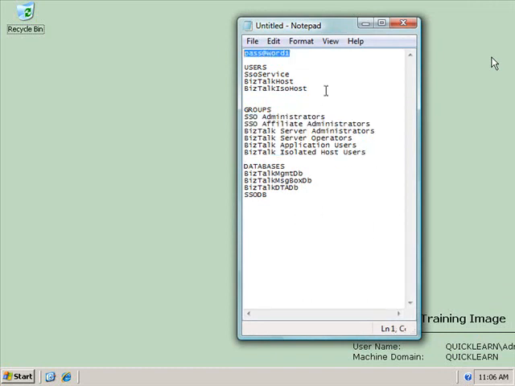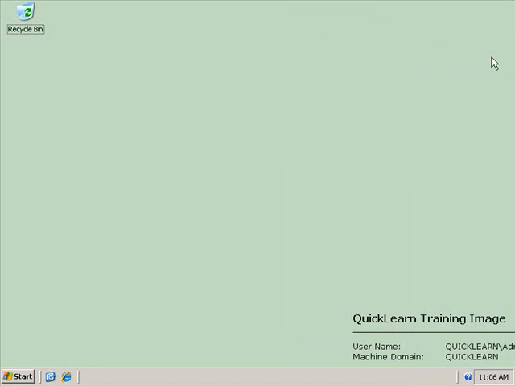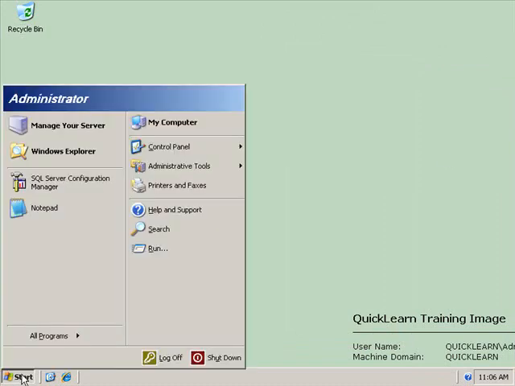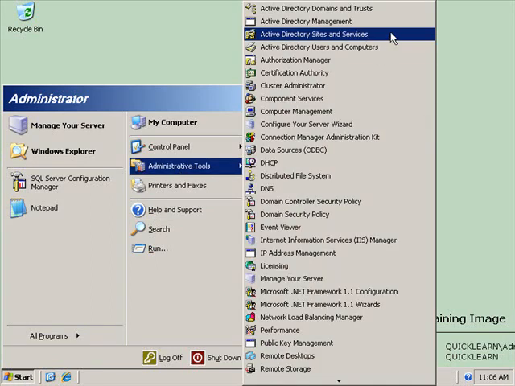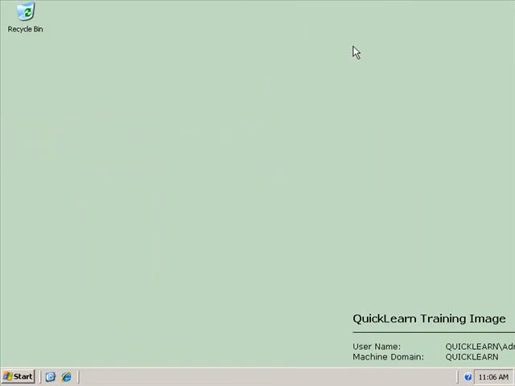Now, I find it handy to have everything in this Notepad file, and what I'm going to do is copy and paste these in when I generate the users, and then copy and paste them again when I configure BizTalk Server, just to make sure I've got everything exactly right there, and the configuration goes a lot more smoothly if you do that. So I'm going to start in the administrative tools and start with the Active Directory Users and Computers, and